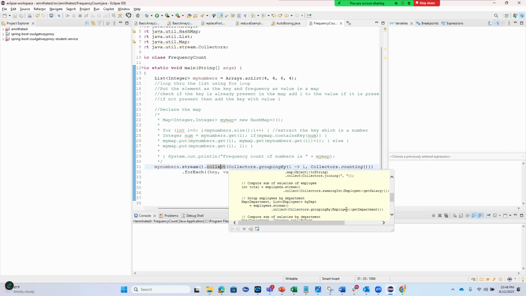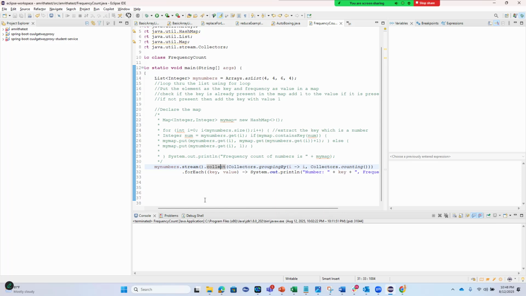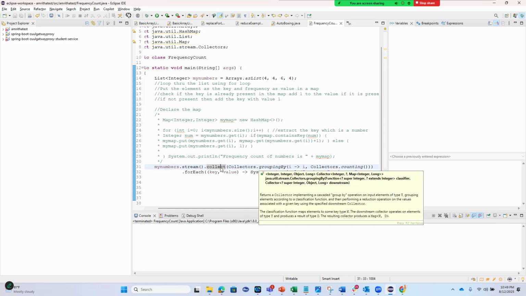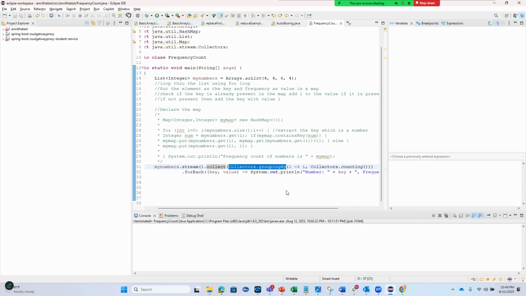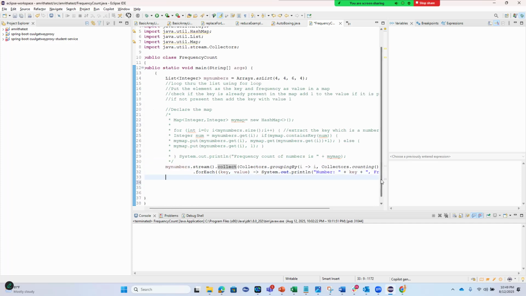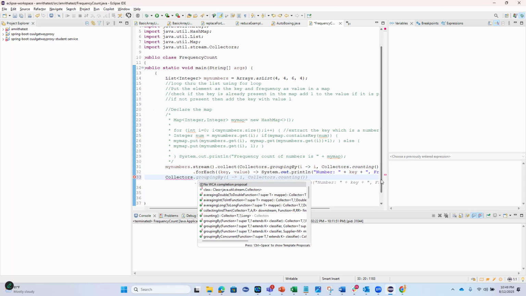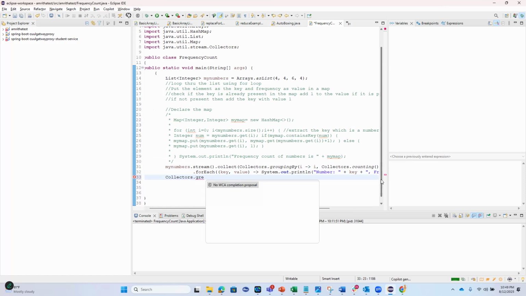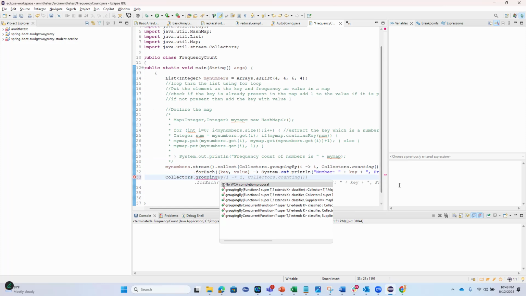Here instead of employee department, we have the numbers itself, and then we have a second argument here for collectors dot grouping by, which is collectors dot counting. So grouping by